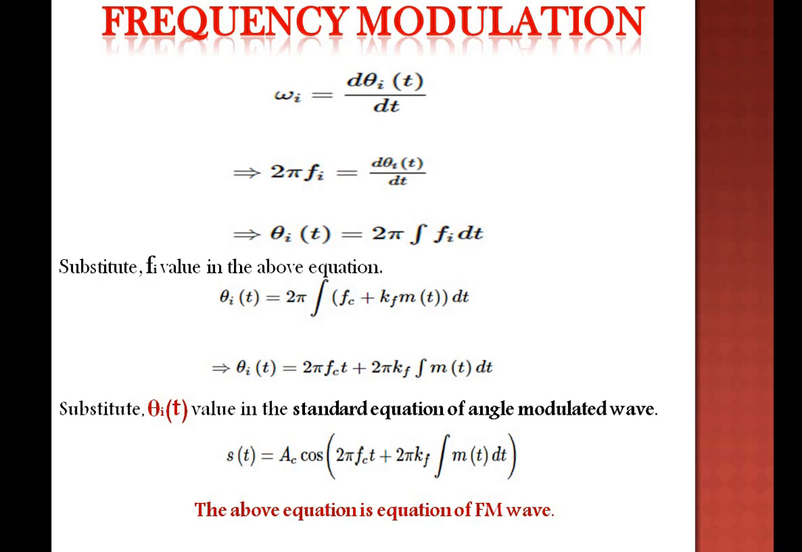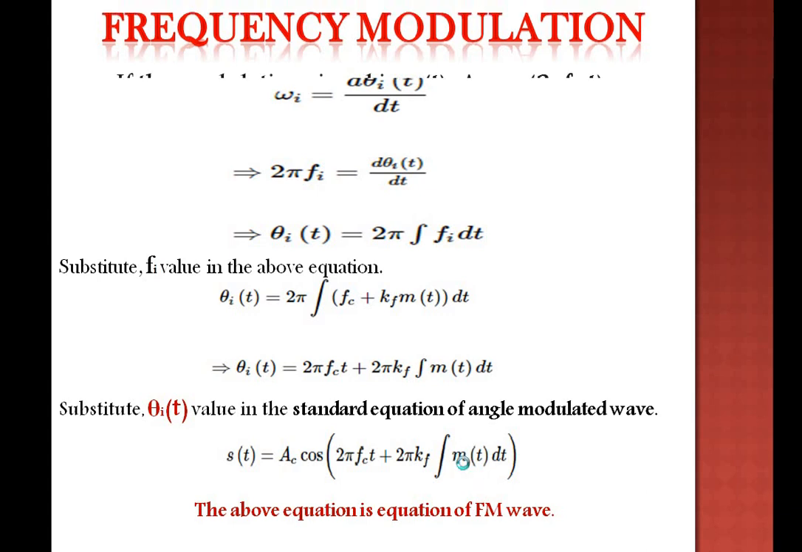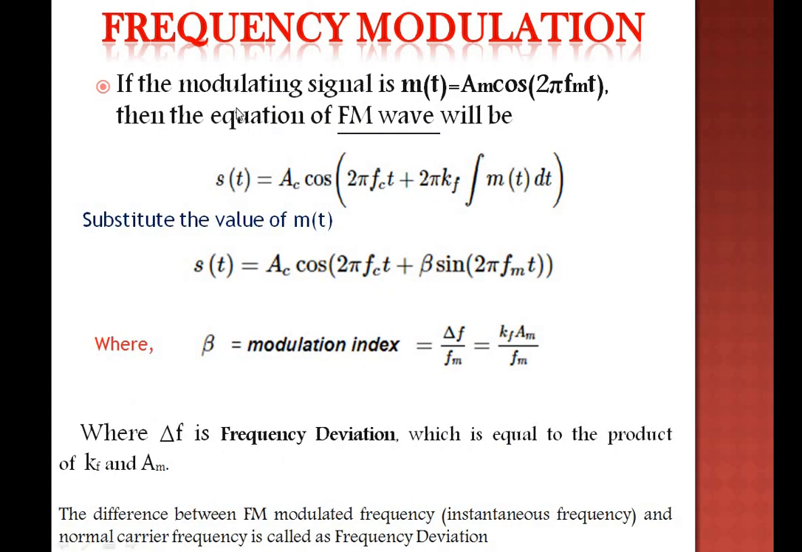Then further you can simplify. How? You can substitute the value of m of t. What is m of t? The message signal. If the modulating signal m of t is equal to Am cos 2 pi fmt, then you have to substitute the value. This is the standard equation that you have got for the frequency modulation. Now substitute the value of m of t in this one. What will I get? Ac cos 2 pi fmt plus, I am simplifying this term, the integration of Am cos 2